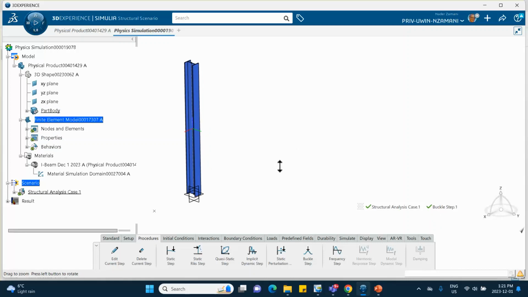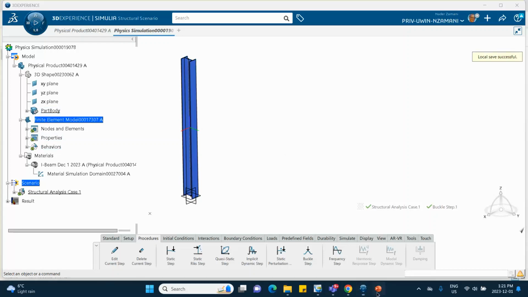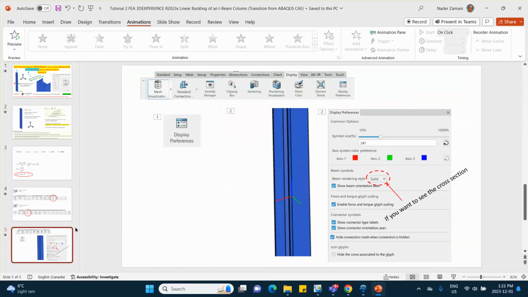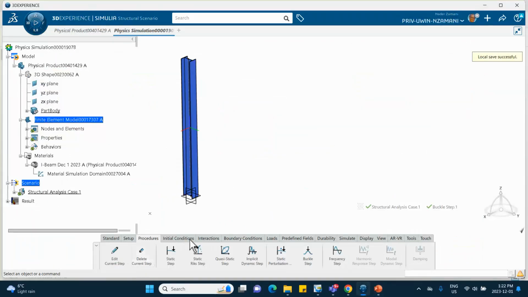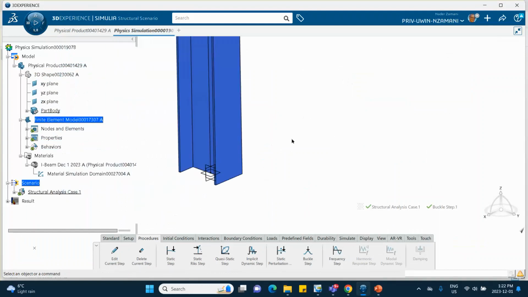So now we go and do the boundary condition. Okay. So first of all, if this is a hassle and you don't want to see this stuff, you can just go ahead and uncheck this thing, or turn it to none. The other option is just leave it there. Don't worry about it. So the bottom of this, let me zoom in. The bottom of this is clamped, okay? If these planes are in your way, just hide them. Okay, so we go to boundary conditions,